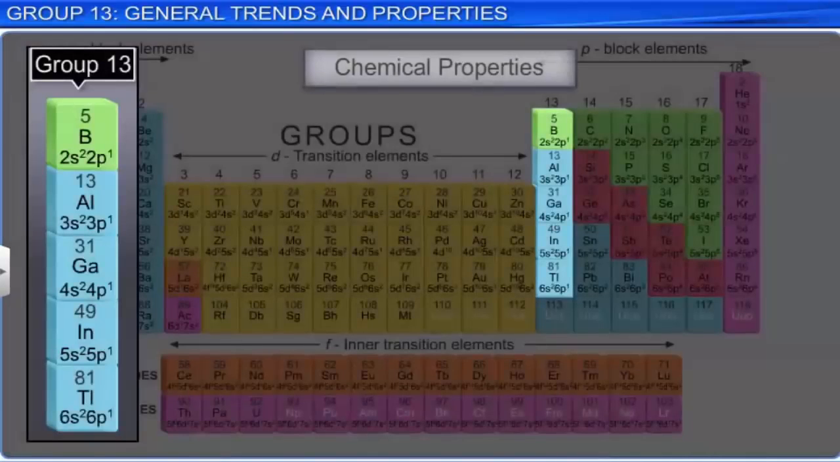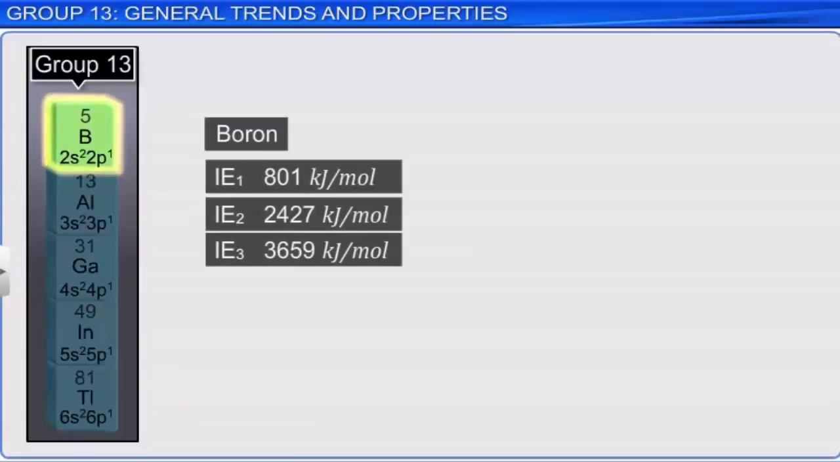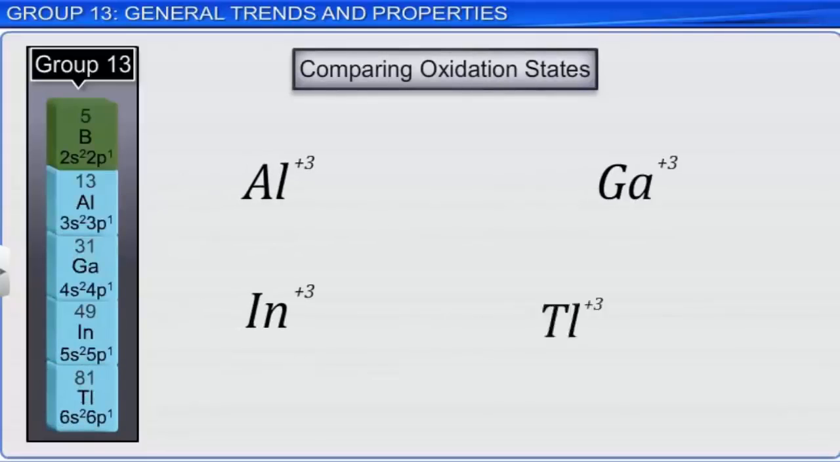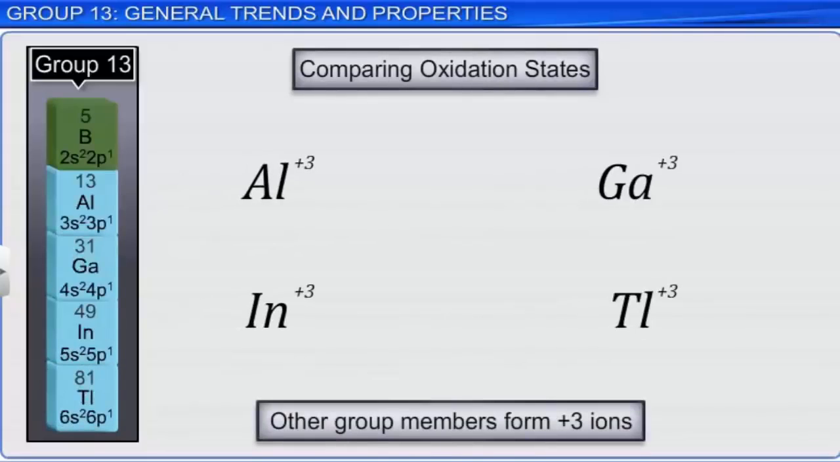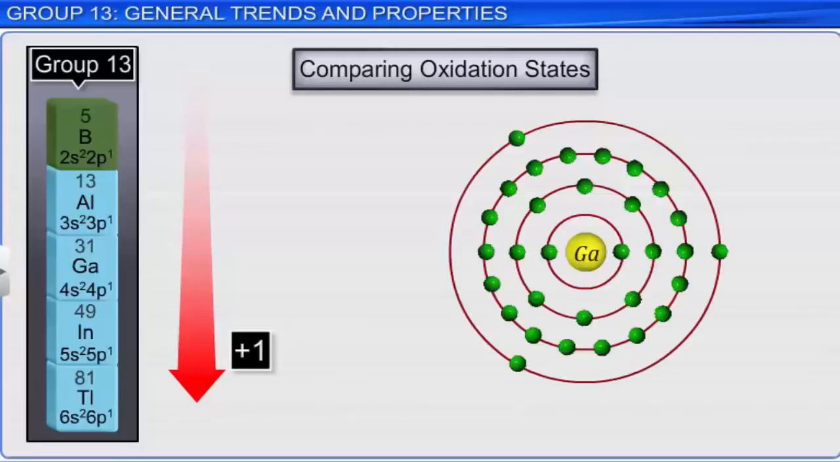Let's turn our attention to the chemical properties of the elements in group 13. With its small size and the high sum of its first 3 ionization energies, boron forms only covalent compounds. The formation of a +3 ion is unfavorable. The other members of the family, which are all metals, form +3 cations. Down the column, +1 ions become more stable. This is due to the outermost s electrons being held more tightly,